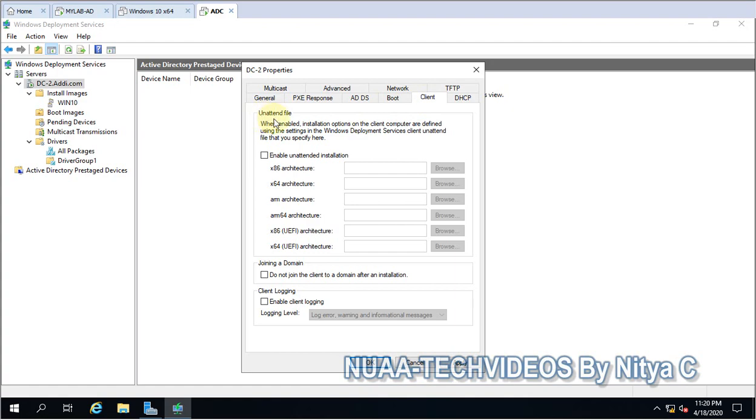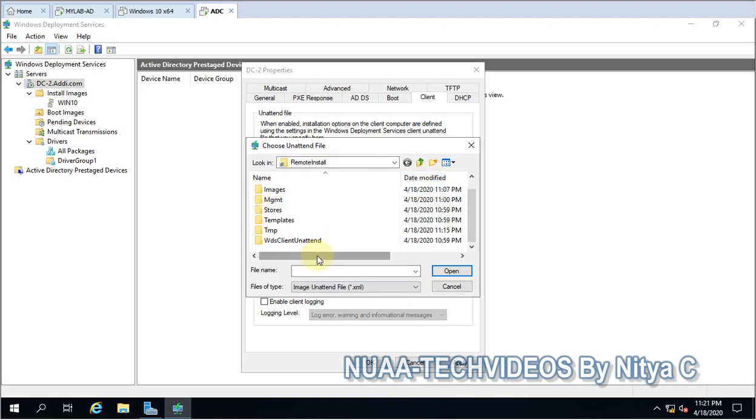And here, the client side unattended. This is very programmatic, with the path to an XML file. If you have an unattended file, you can configure all the ready-made things like your domain, your language, your time zone, each and every detail, in the XML file, and serve that file over here.